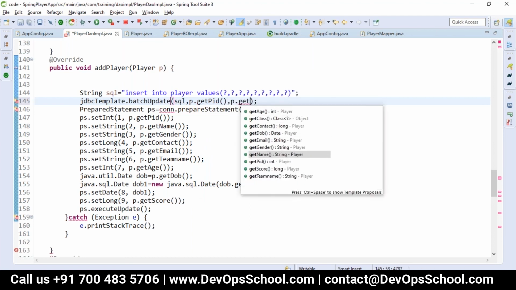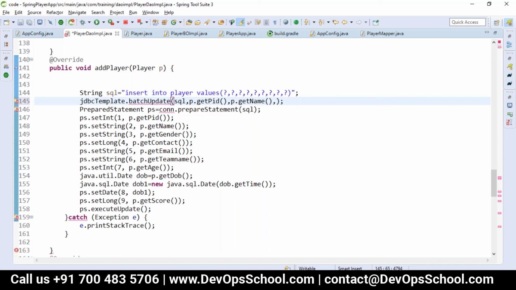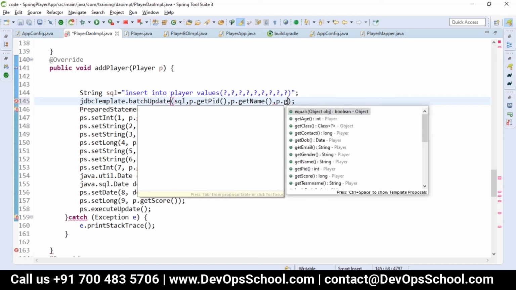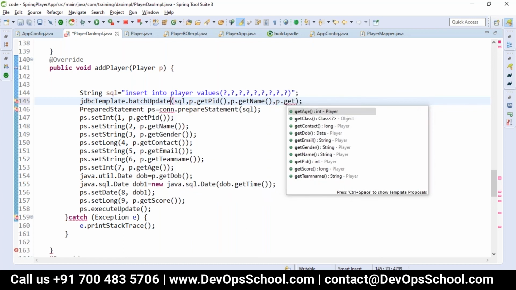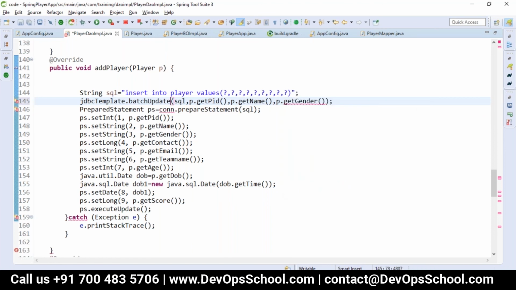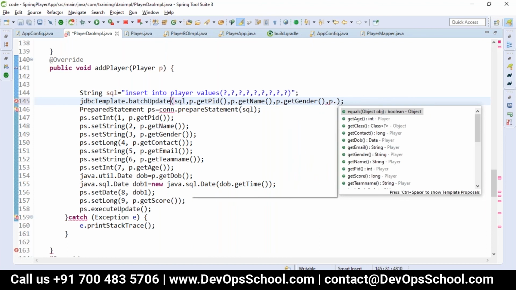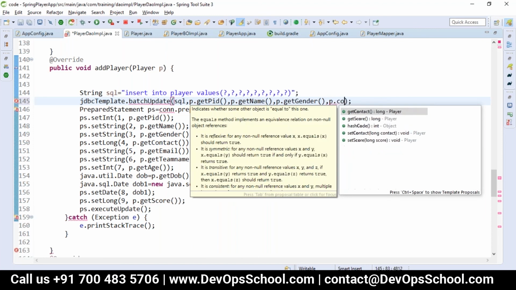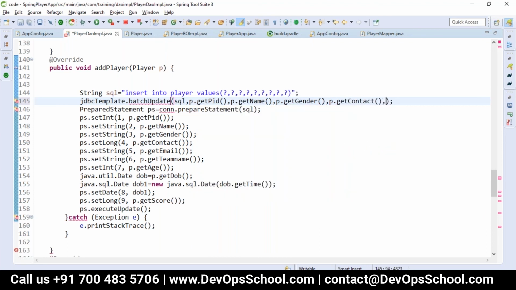If I mess up the order, does it do some validations or does it fail or it just runs? If the data type is the same, then it does not do anything. If a data type mismatch is there, yes, it will not work. Okay.